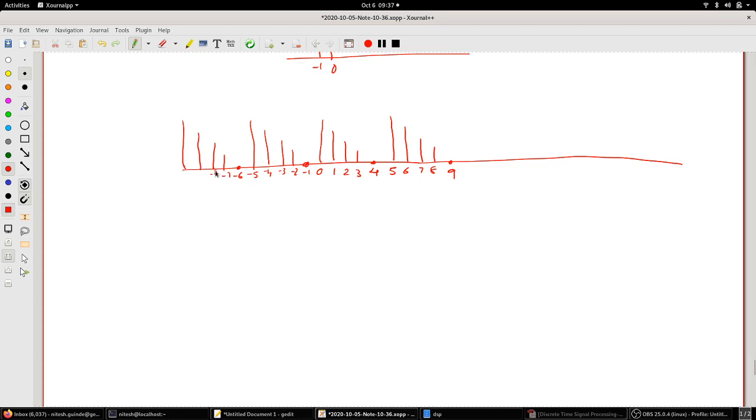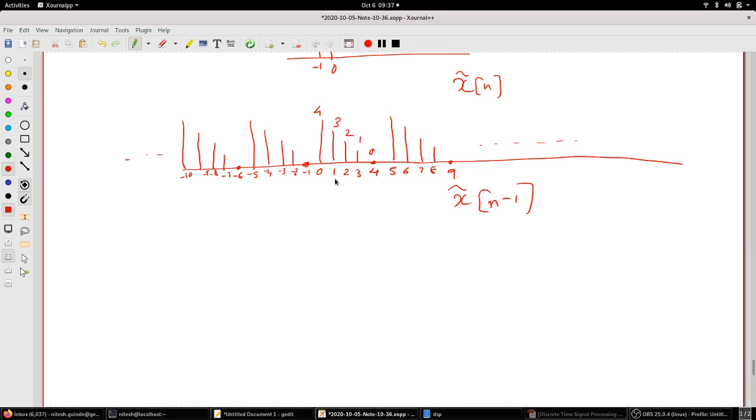Same, minus 8, minus 9, minus 10. Okay. So this is what you have. This is going to be a periodic sequence which will continue. Okay, so you have 4, 3, 2, 1, 0. Now when I am doing this, let's say this is x tilde of n, I want to find out x tilde of n minus 1.